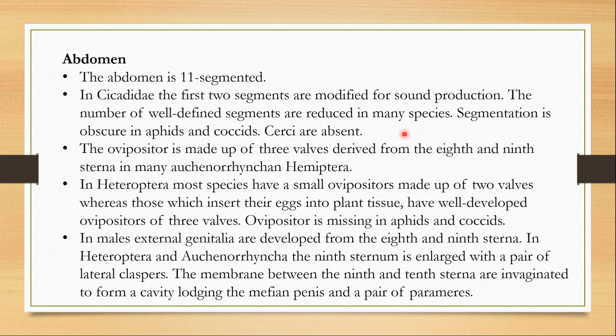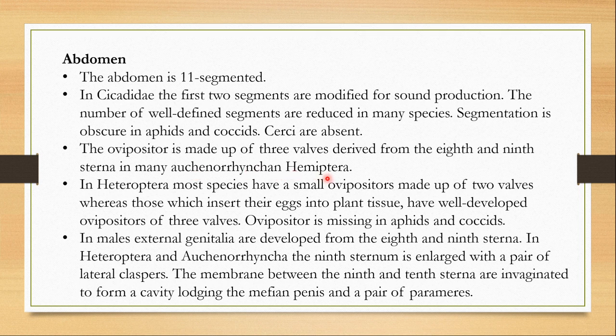The segmentation is obscured in aphids and coccids, or coccids are the scale insects. Tarsi are absent in this order. The ovipositor is made up of three valves derived from the 8th and 9th sterna in many of order Hemiptera. So the 8th and 9th sterna means the ventral plates of the abdomen. Okay, so the ovipositor is made of three valves which are derived from the 8th and 9th sterna in many